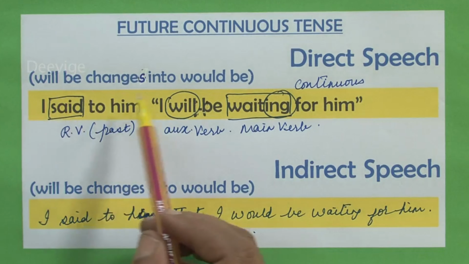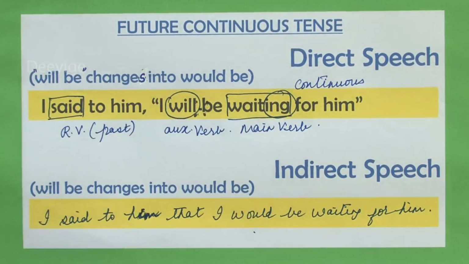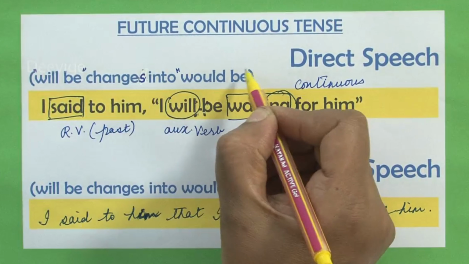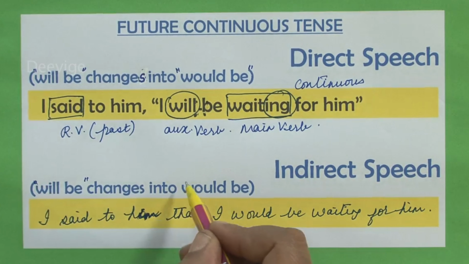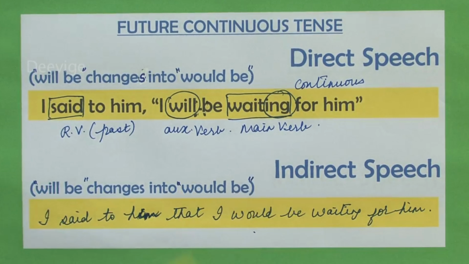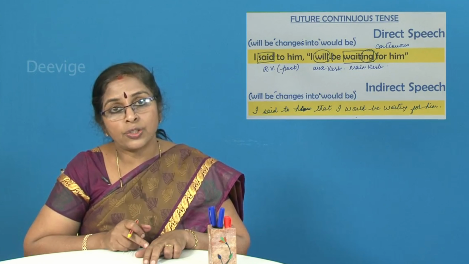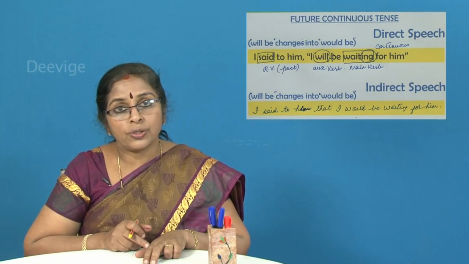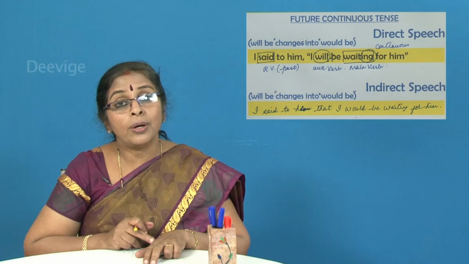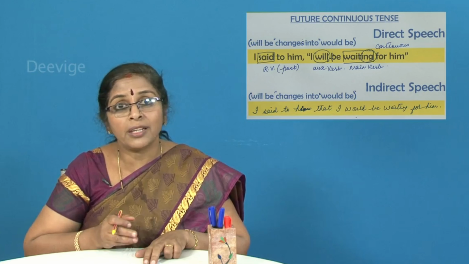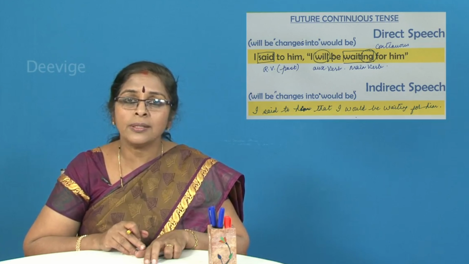Now see what is given within the brackets. Will be. Shall we put this within inverted commas? Will be changes to would be. Here also will be changes into would be. So whenever you have the modal verbs like can, it should change to could, shall will change to should, will change to would, may will change to might. And you have already made a note of it some time back. Shall we move on to the next example, students?